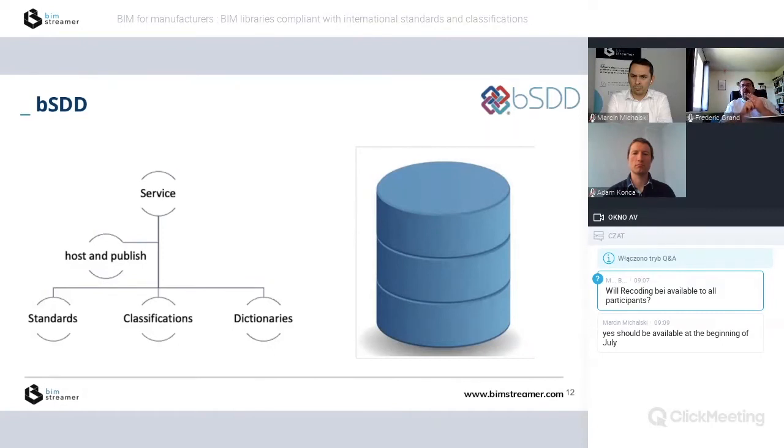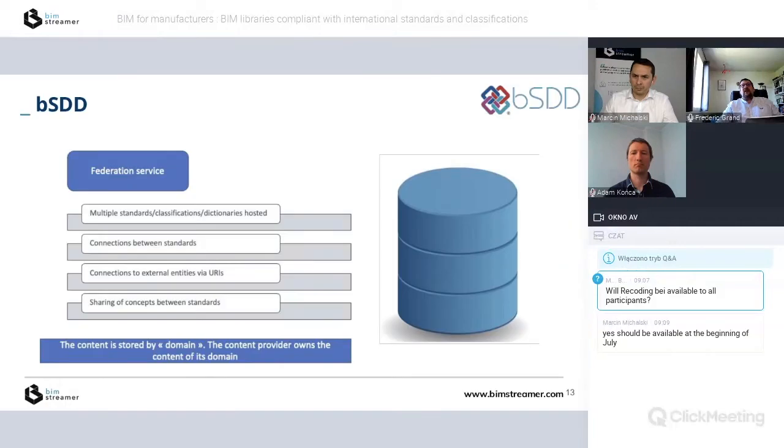So that's just a way to host and publish this content, following the standards describing the way to structure and provide dictionary and semantic content in a BIM project. So that's exactly the goal of bSDD, a hosting and publishing place for all those kinds of things. So I like to call it a federation service, because you are not pushing just, let's say, classification Omniclass,